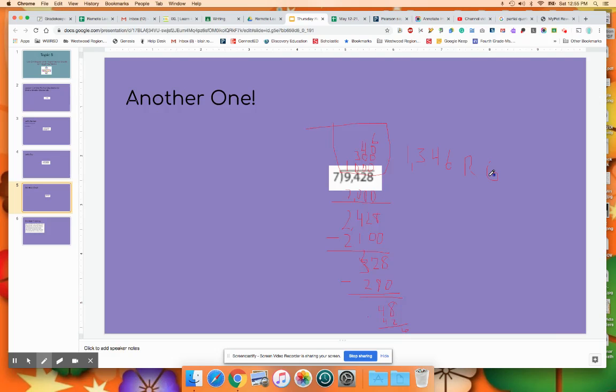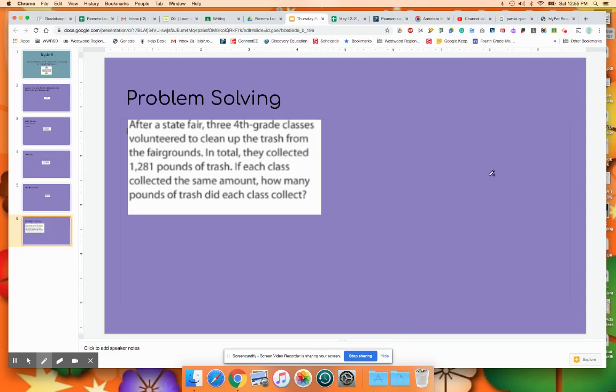Okay? Let's look at a word problem. After a state fair, 3 fourth-grade classes volunteered to clean up the trash from the fairgrounds. The total they collected was 1,281 pounds of trash. If each class collected the same amount, those are our clue words, right? Each class is collecting the same amount, so I know I'm dividing. How many pounds of trash did each class collect? There are 3 classes. So 3 into